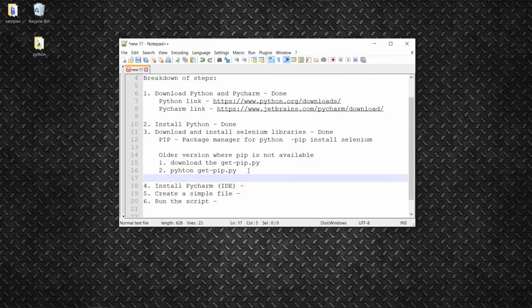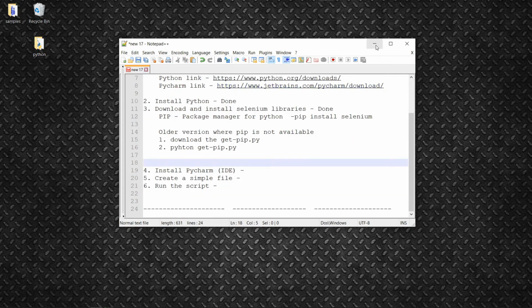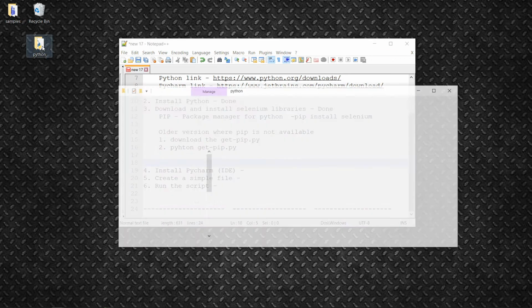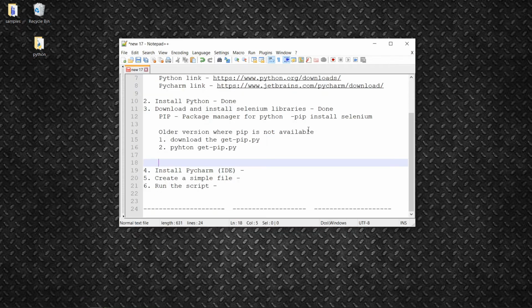Now what we are going to do is install PyCharm. Since we have already downloaded this, we'll go to the Python folder again. We'll run the PyCharm binary. So now we are going to install PyCharm.